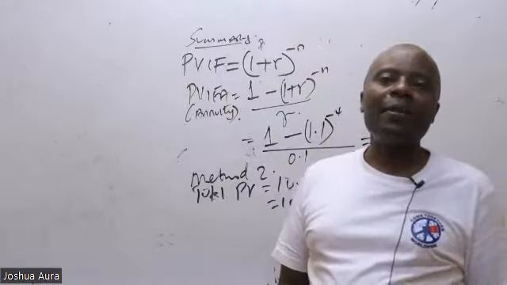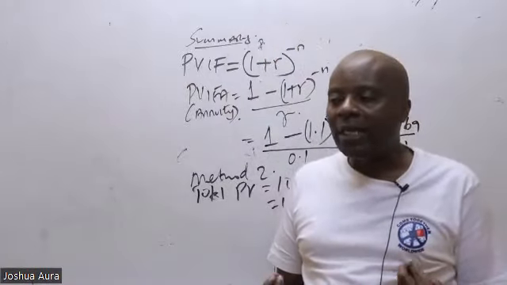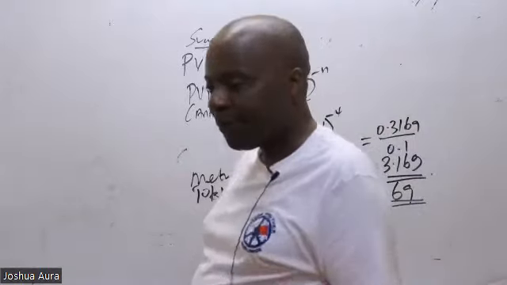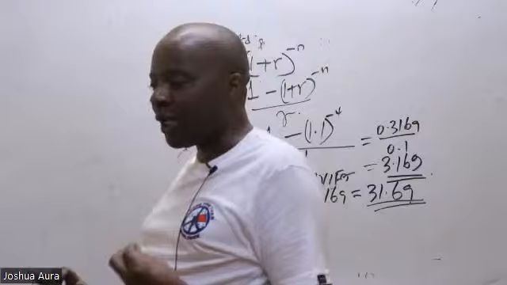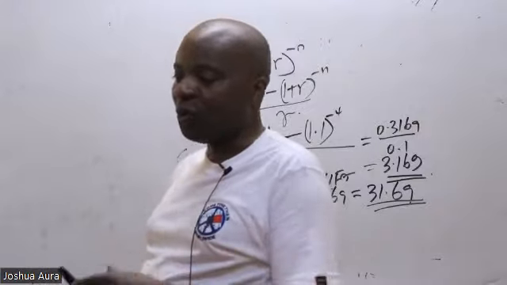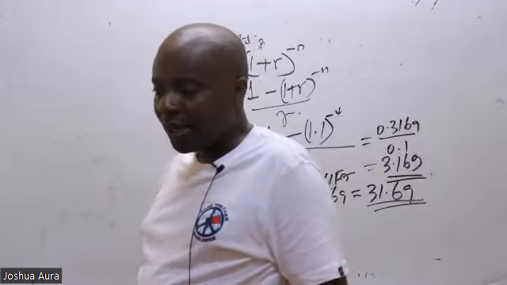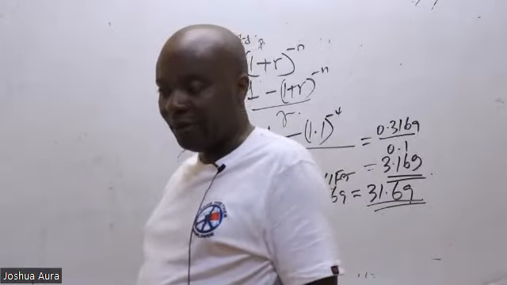And if they're the same, could you kindly go ahead and tell me which method do you think we should be using for annuities? The first one or the second one? PV_FA, isn't it? PV_FA, yes.